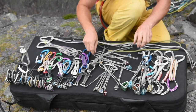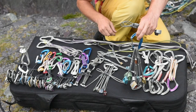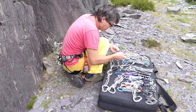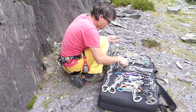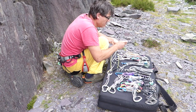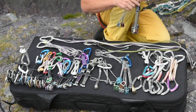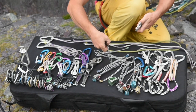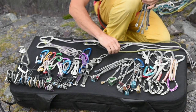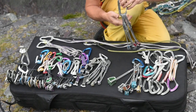So I now have large and then medium wires. Medium. I'll take some of these off. So medium. And then small. So although this is actually a medium size, it's actually quite small when you put it in profile. So I now end up with 1, 2, 3, 4, 5, 6, 7, 8, 9 small,